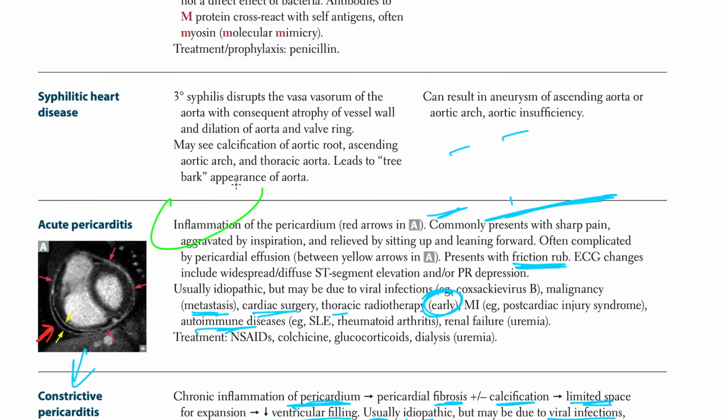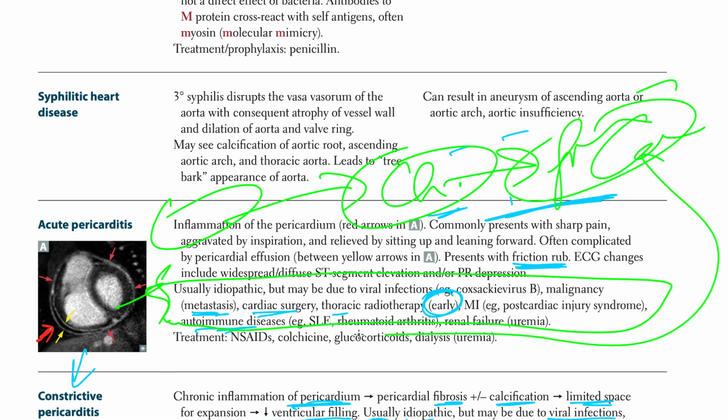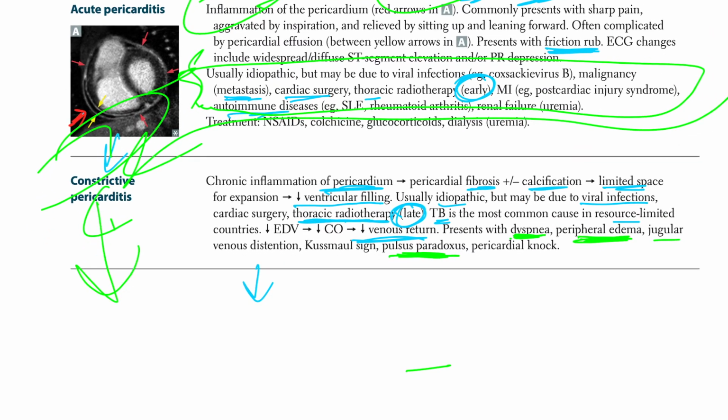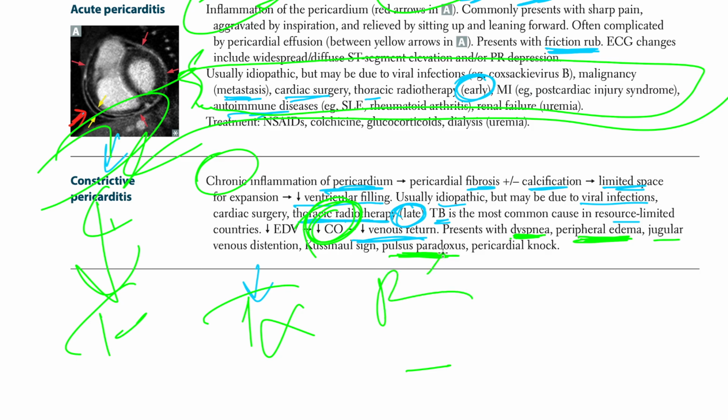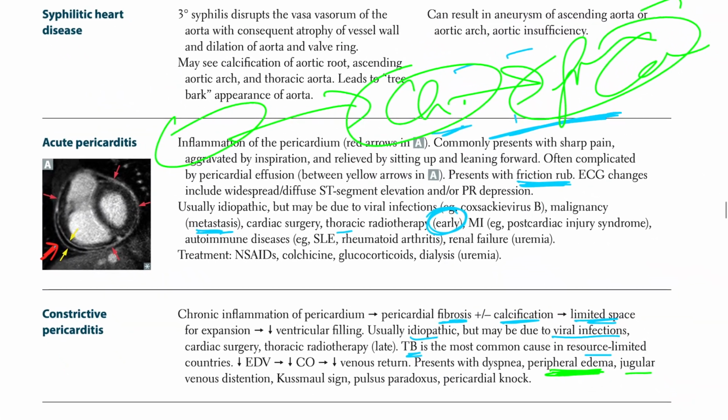But if this inflammation becomes chronic, meaning you have persistent inflammation due to some of these risk factors, what's going to happen is you're going to cause fibrosis and calcification. That's going to cause constrictive pericarditis. What is constrictive pericarditis? Similar to your tamponade. Why? Because you have decrease in cardiac output. But here it's going to be chronic. With the tamponade, you can do the pericardiocentesis and take the fluid out, and you're good to go. But here it's chronic. You can do nothing about it, right? It's chronically calcified constriction with calcification of the pericardium.